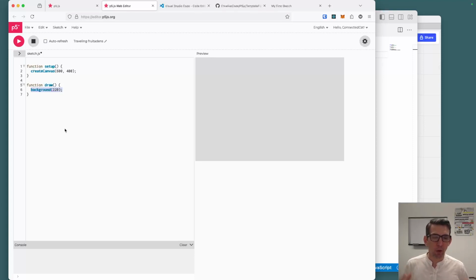Hopefully you're familiar with the RGB values and how they work. This means that all three values are set to exactly the same number, which will give you a grayscale, right? If your red, green, and blue are all the same value, it will give you one of the shades of gray between black and white. So in this case, it's a light gray because all of them are being set to 220, which is very close to full white, which would be 255,